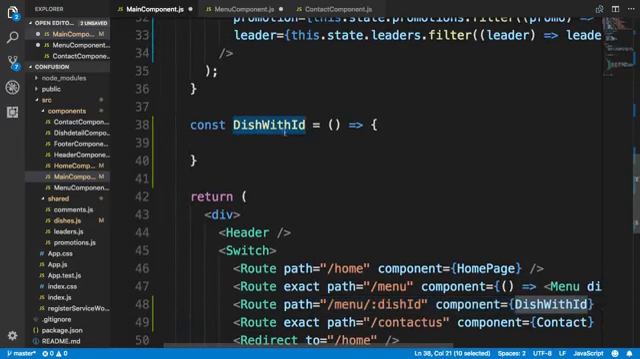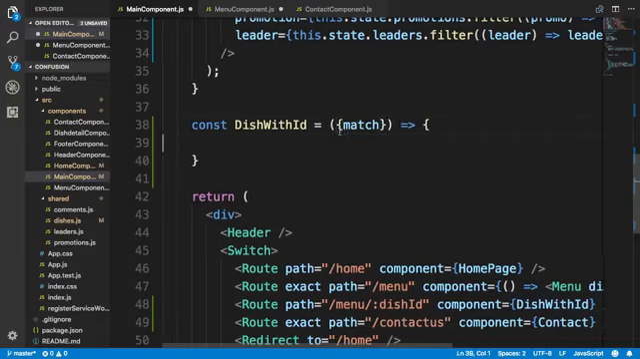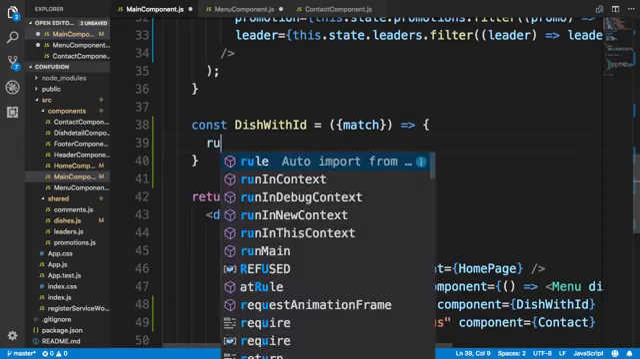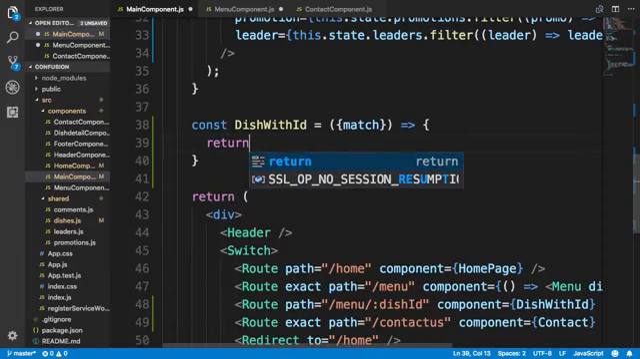Now for this DishWithId, as I said, the route will pass in 3 props here, and I am only interested in the match prop there, so I'm just going to extract out the match object from here. So this will get match, location, history, but I'm going to ignore location and history, and I'm going to extract out only the match part of the thing there. And then what is this going to do? This component is going to return